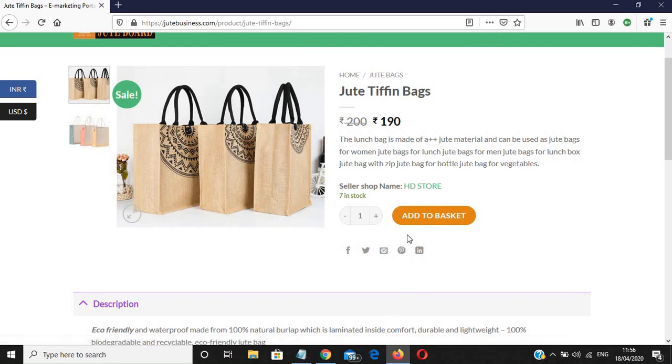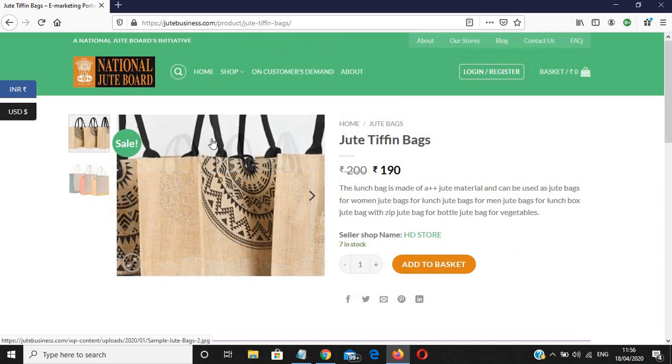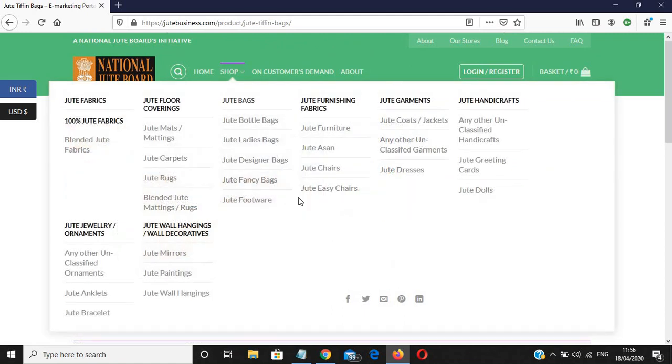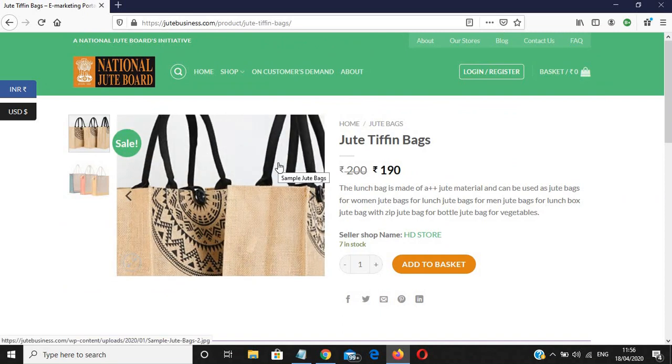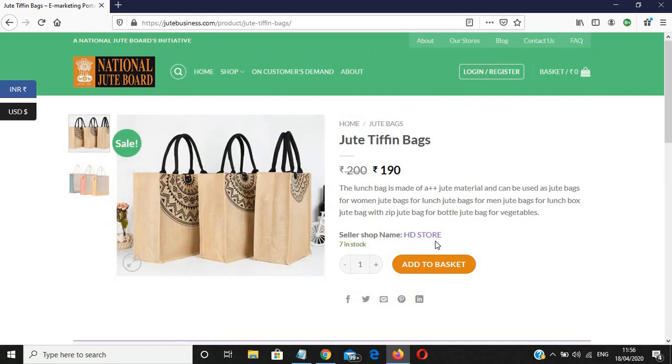Means we can see here, after the completion of product upload, our product will be displayed on this page of the website. This product was already uploaded by me previously, and it is showing my name here as SD Store. Here we can see the original price as I earlier told, and the discounted price also.